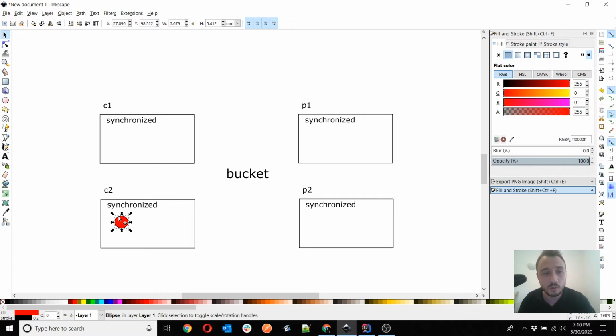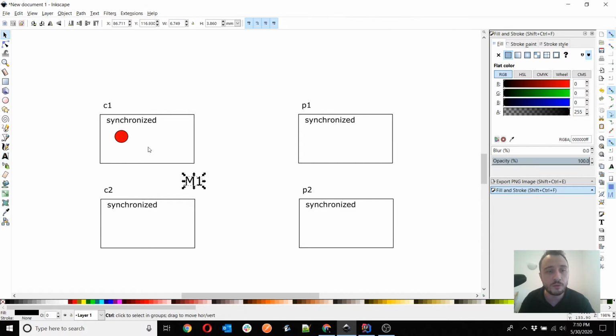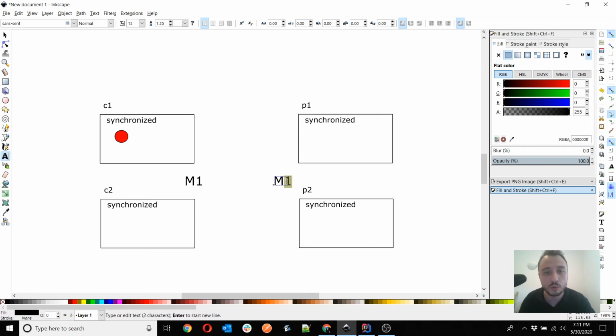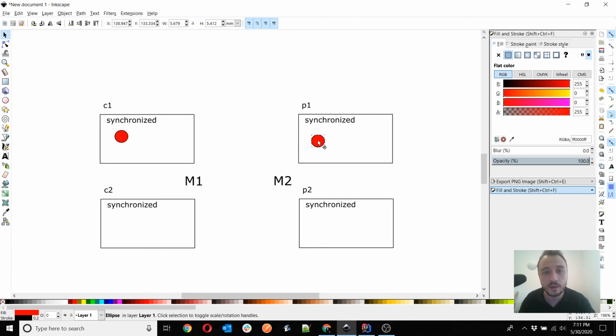And the reason it's one at a time is because the same monitor, which is the bucket, is managing all of them. If you would have had two different monitors, say for example a monitor called M1 for the consumers and another monitor called M2 for the producers, then what you would have had? You would have had a possibility to have the producers and the consumers independently managed, which means that a consumer at a time could have acted in its synchronized block and the producer at a time could have acted in its synchronized block.